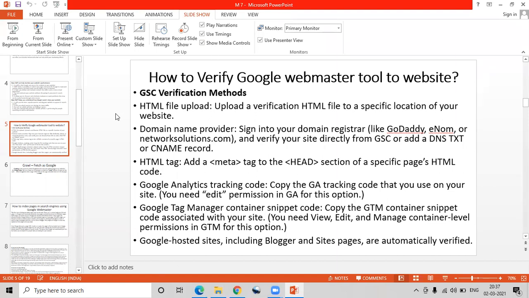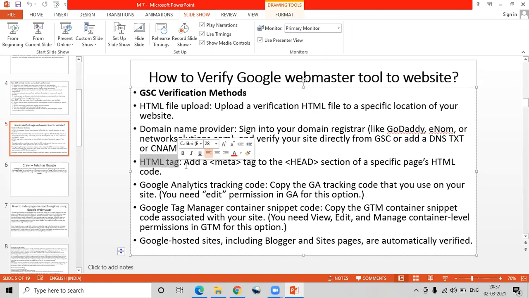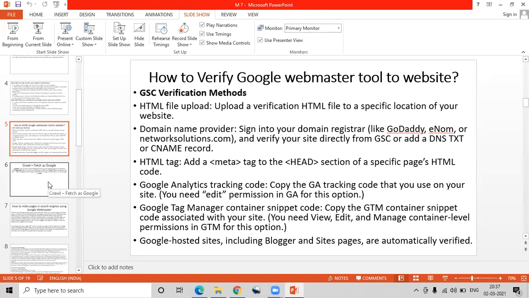The best is you get a code and download that plugin, and that code should be an HTML tag code. Okay, so add it to the head section, and it will get approved.